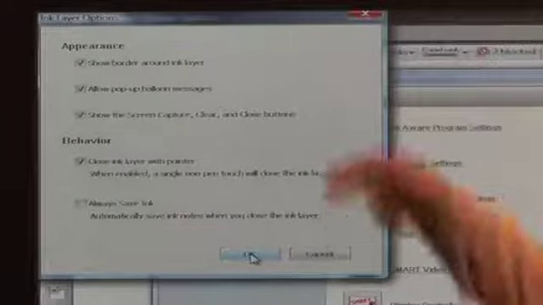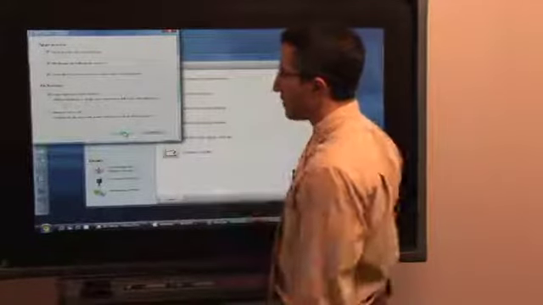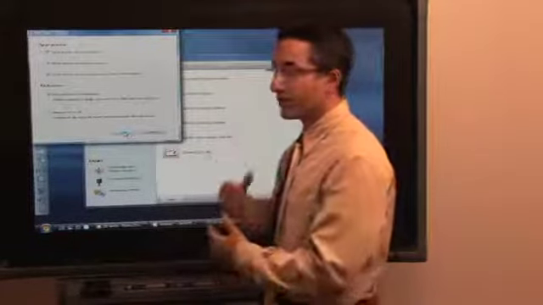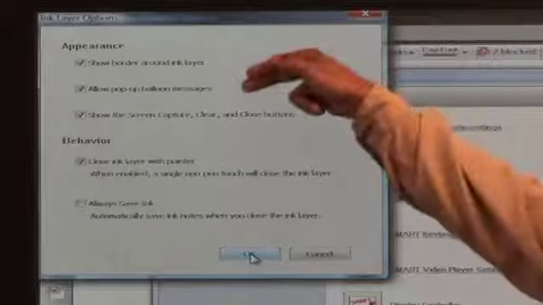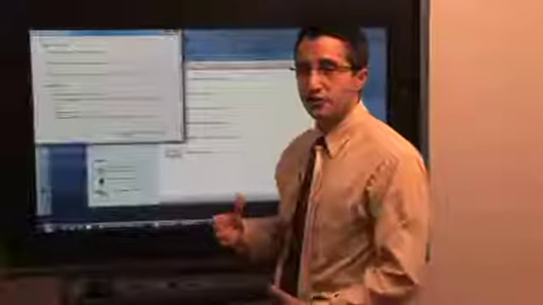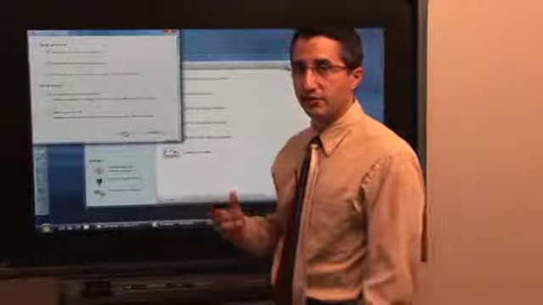I have already checked under the Appearance to show the border around the ink layer. This is that border that comes around. I can turn that off, but I won't get any visual cue if I don't have that. I can also allow pop-up balloon messages, such as to restore ink, and that's the one that occurred on the bottom right. I can show the screen capture, clear, and close buttons on the top,